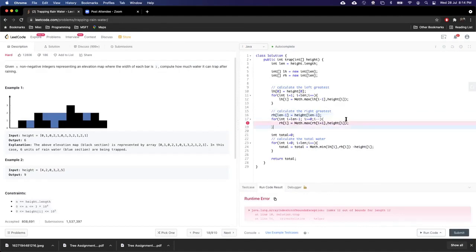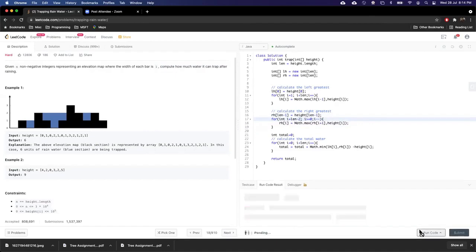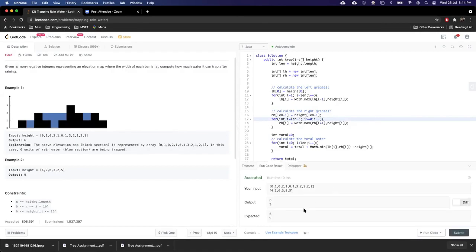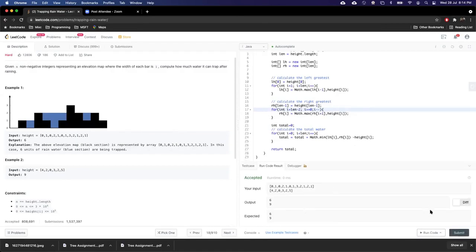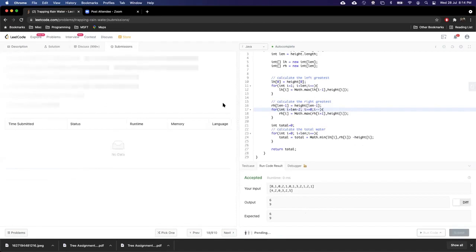Why? Good, we are getting this. Let's try to run for the other one. We are getting the answer for both of them. Let's try to submit whether it's correct or not.